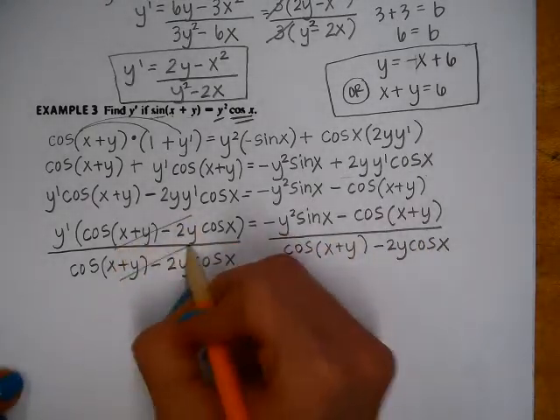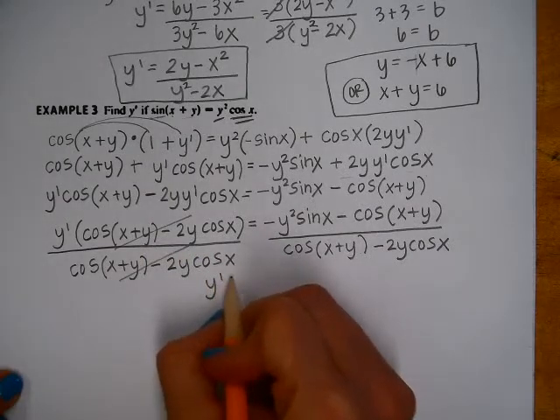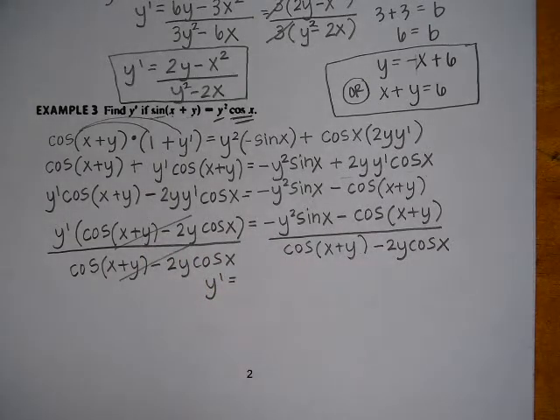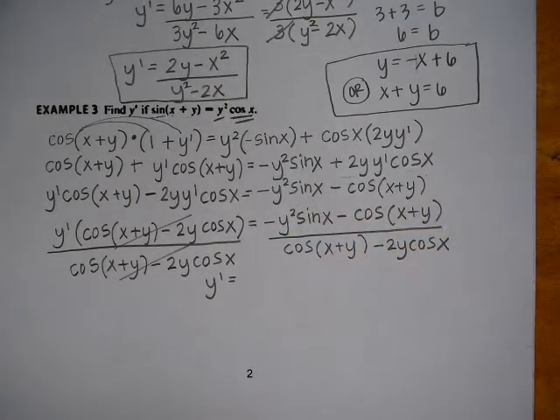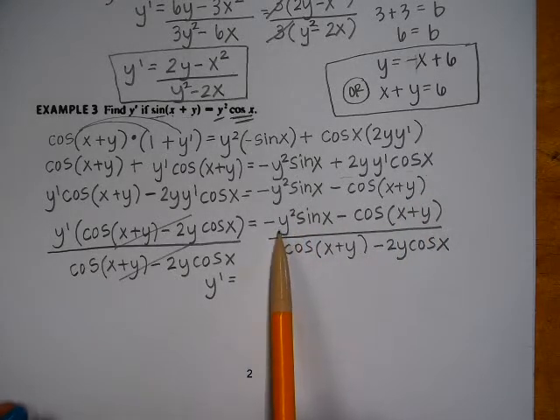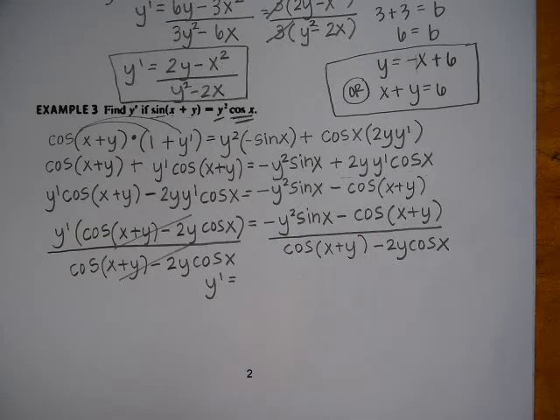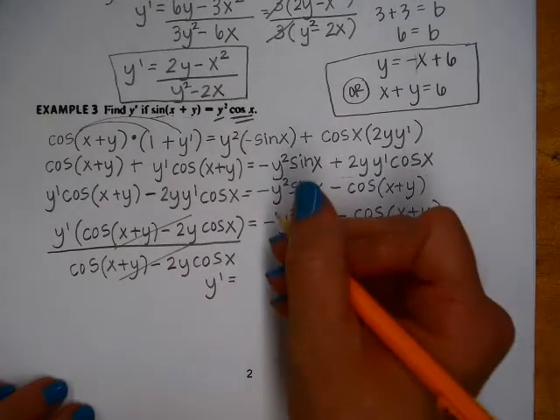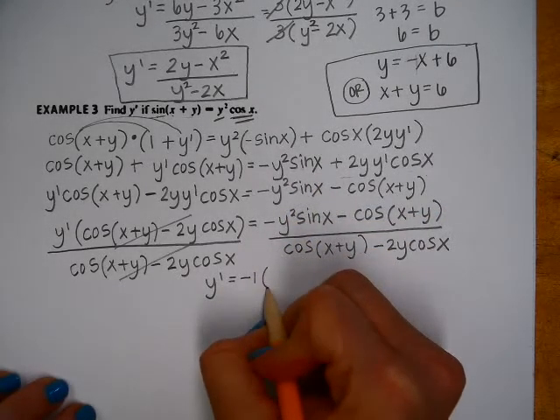That's going to cancel on the left. That was the whole point. Okay? So then we get y prime and we have all of this stuff here. Okay? Now, I wouldn't necessarily expect you to recognize this, but you can factor out a negative 1 on top, and you can also factor out a negative 1 on bottom. And so when you do that, you're left with